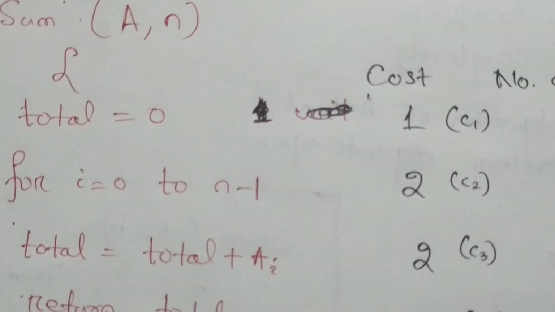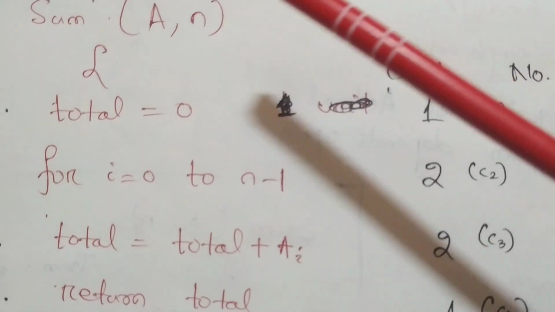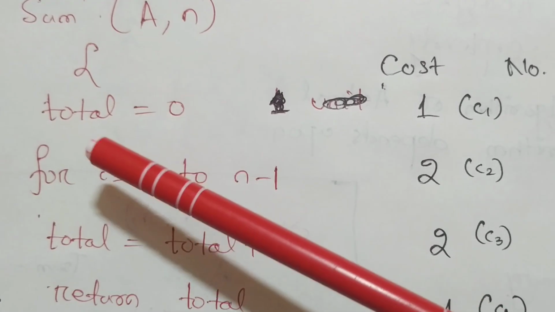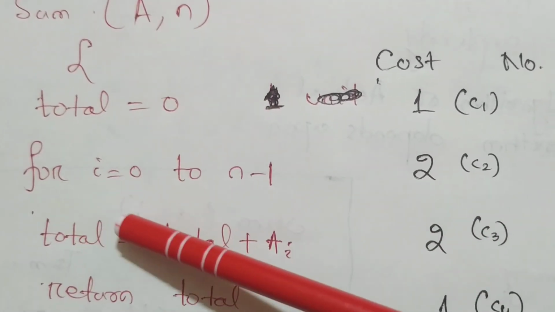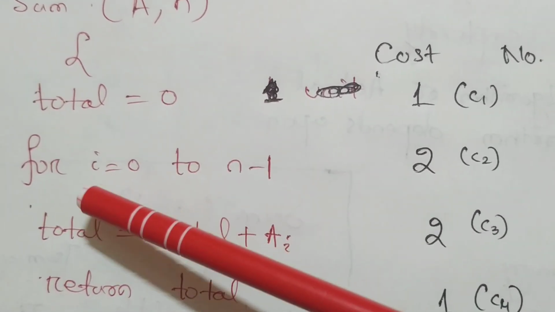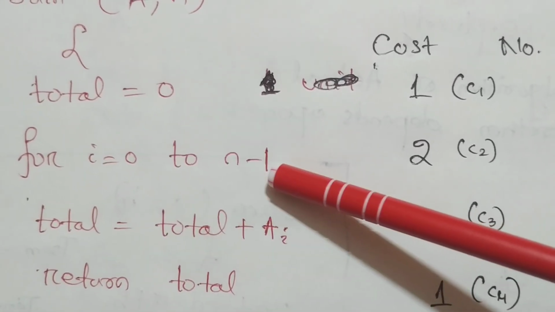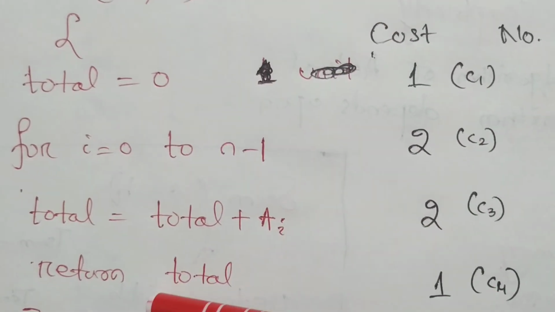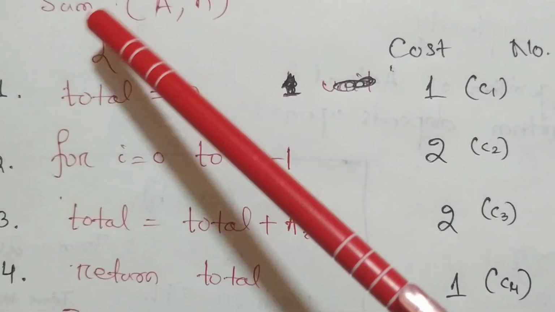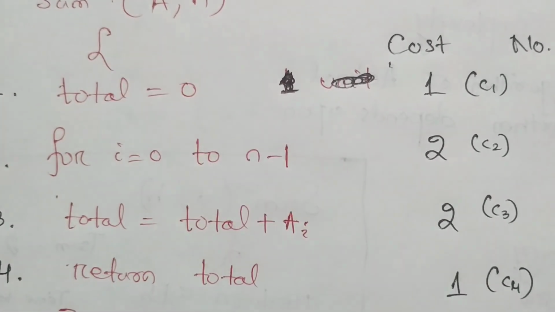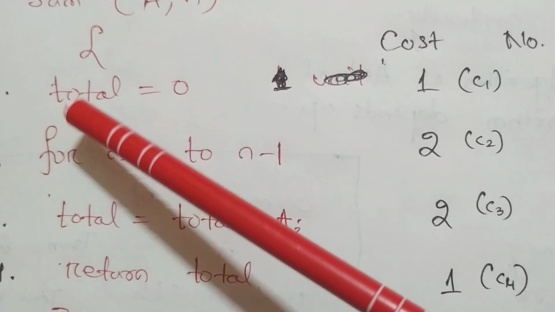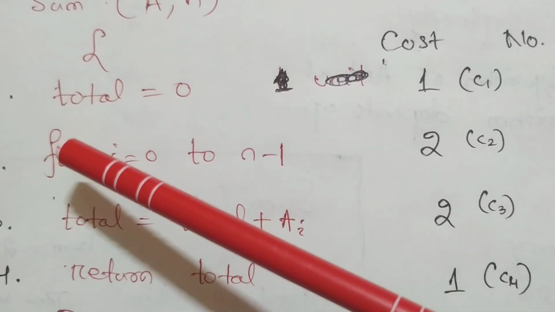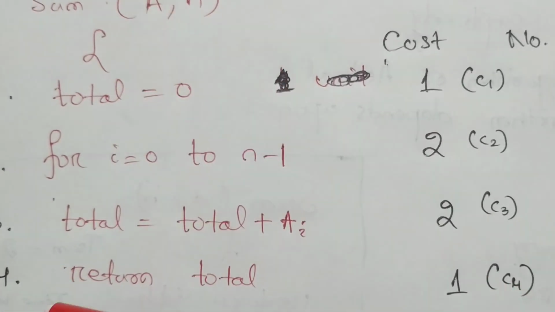Suppose we are going to calculate the sum of numbers in an array. A is the array and n is the total number of elements in the array, the size of the array. So total equal to 0. So here we are initializing the variable. This is the index variable i from 0 to n minus 1, and we are calculating total equal to total plus A of i. Then we are returning the total. So here we are numbering, because function and curly braces will not take any time for execution. So only the assignment and the body will take some time to execute.